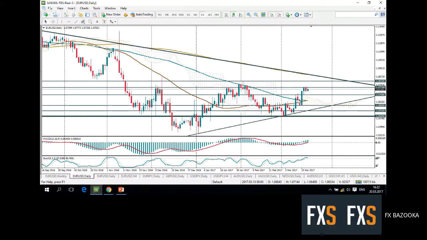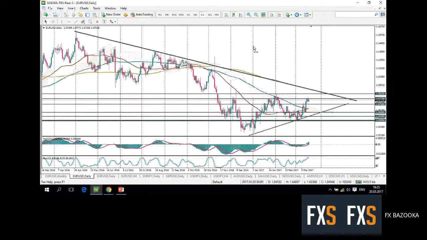If we take a closer look at the technical chart, we can see that on the daily chart, we are supported by the Ichimoku cloud, as I have already said. Also, this brown line of the 50-day moving average is about to cross the 100-day moving average to the upside. At the same time, the pair has surely become overbought, and it became overbought near significant resistance of 108. Here we find the resistance line,